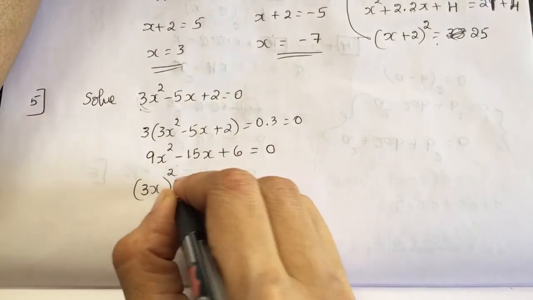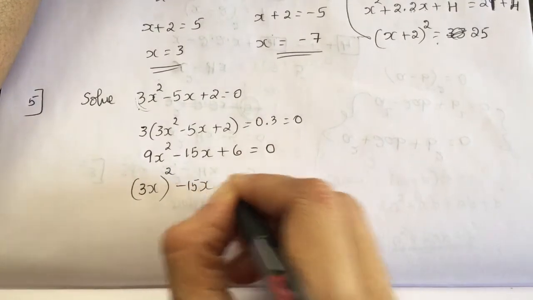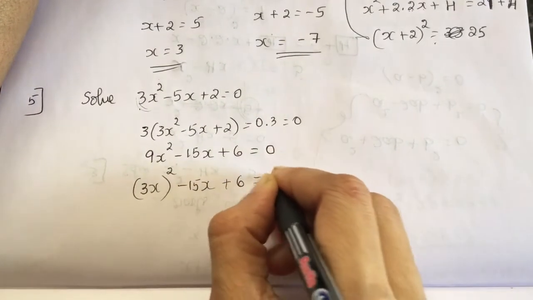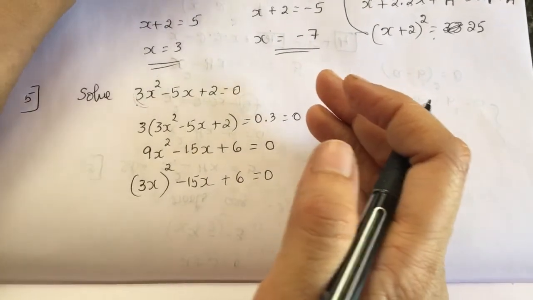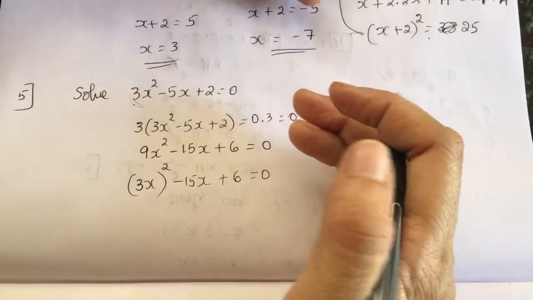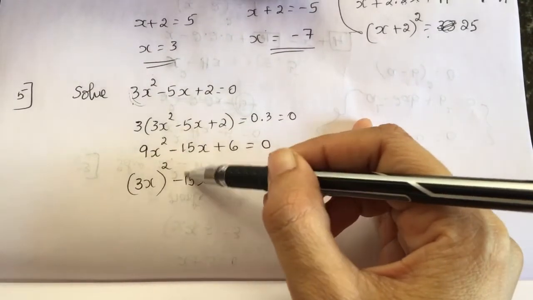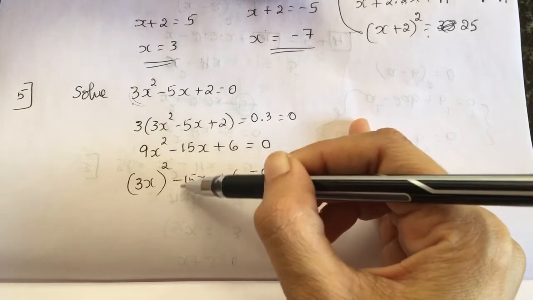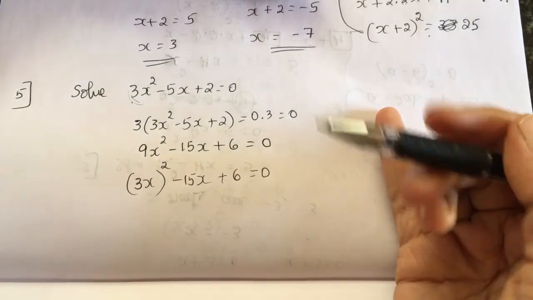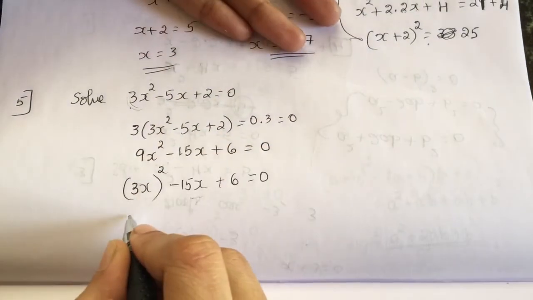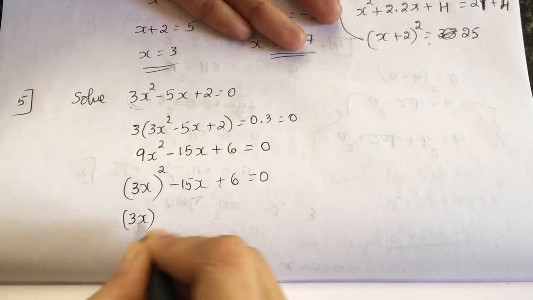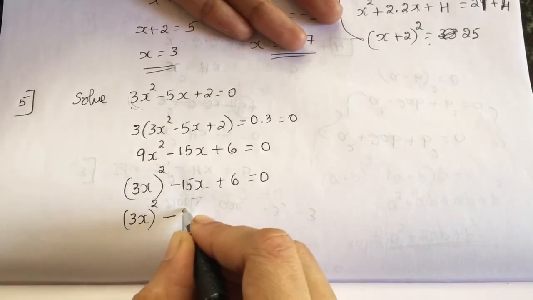So I'll just write it like this, plus 6 equal to 0. Thing is, I have a 3x square, no problem, but this one I have to write it in terms of 2ab. What I do is, right, 3x whole square minus 2a,